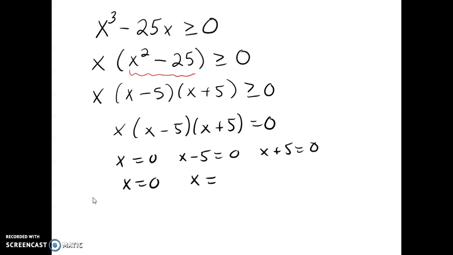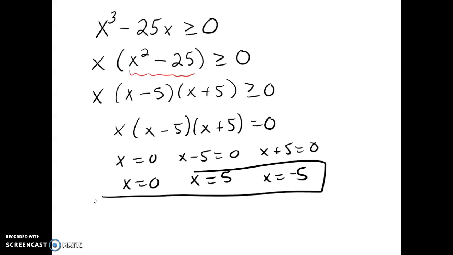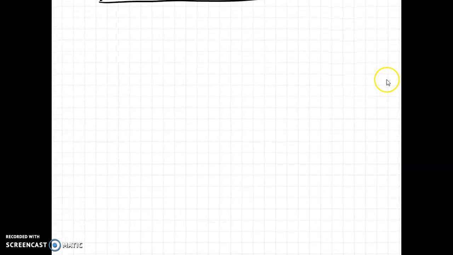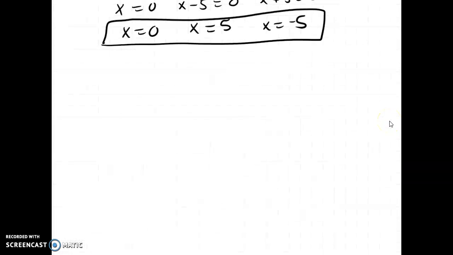So I get x equals 5 here, and I get x equals negative 5. Plus I have this x equals 0. So here are my key numbers. And so let's look at those on a number line. So on a number line,